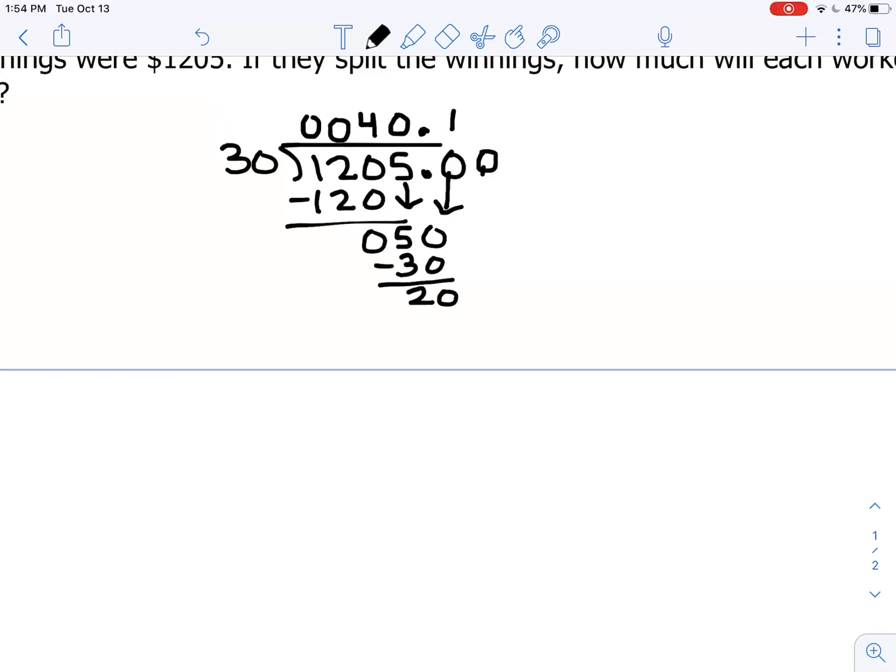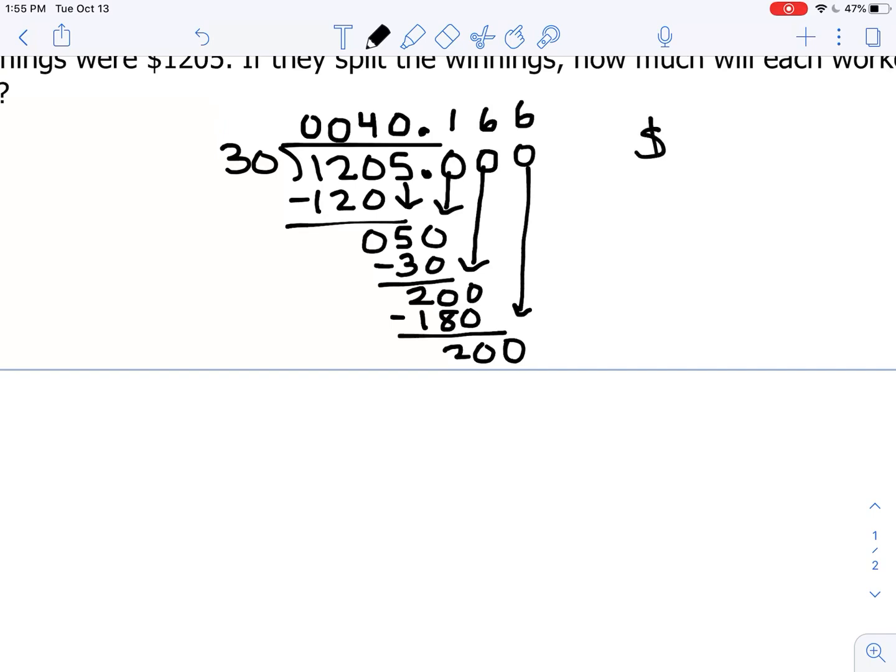I'm going to add another 0. Keep going. 30 goes into 200 6 times. 6 times 30 is 180. And we have a difference of 20 again to make that 200. So it looks like the 6 is going to repeat over and over and over again. But this should look like money,